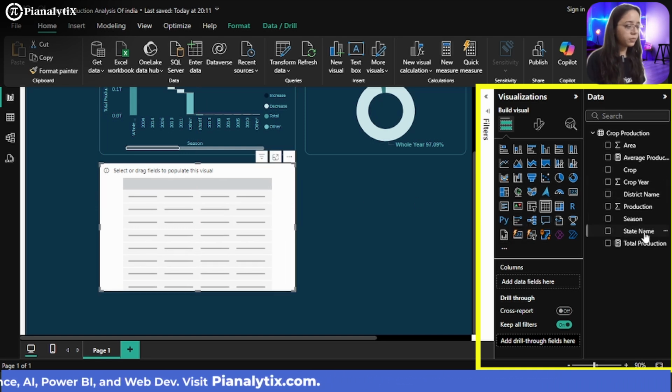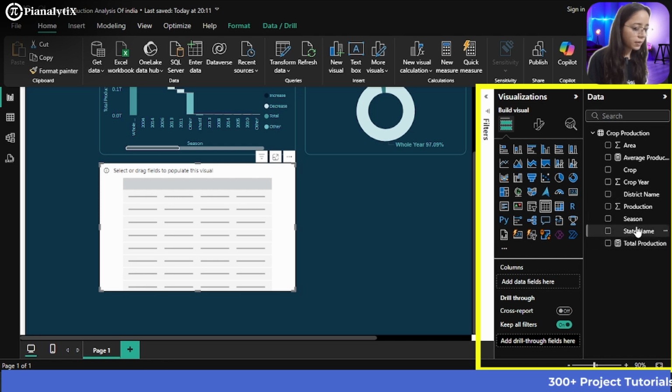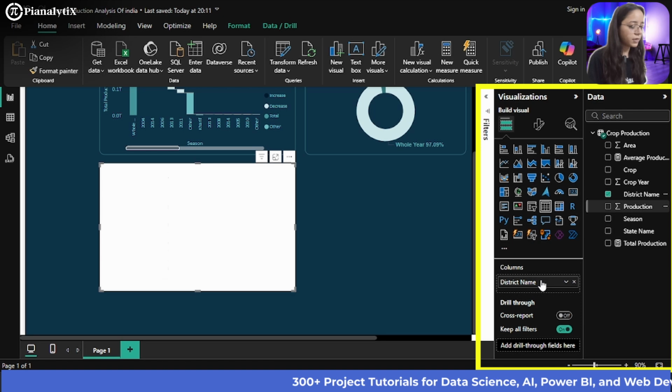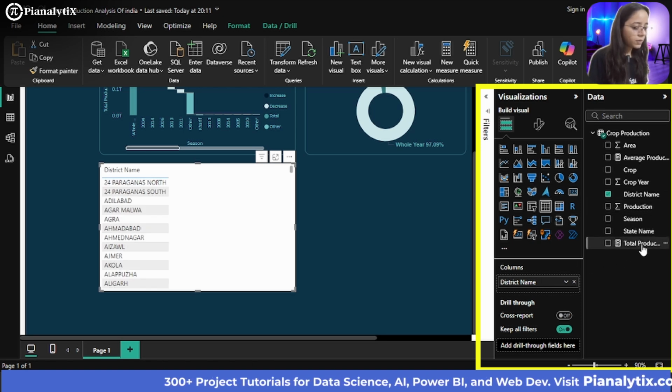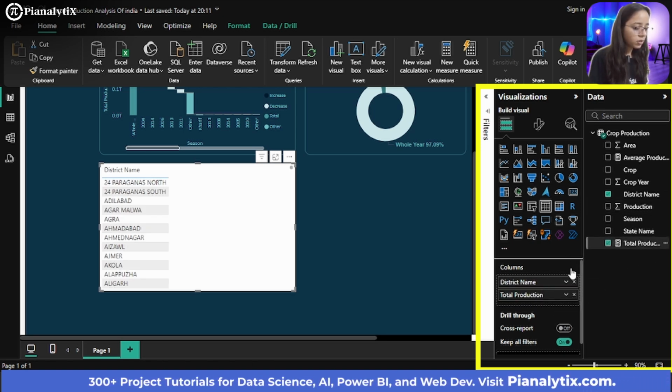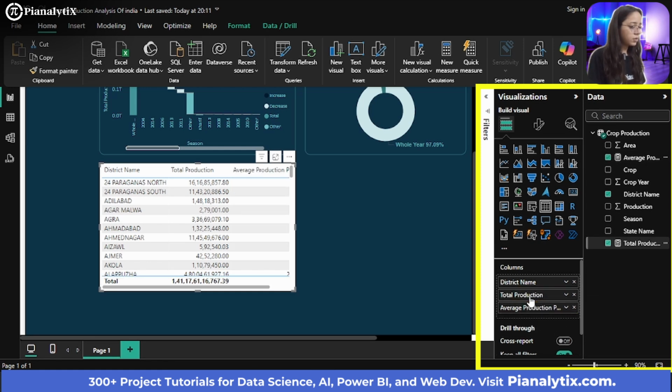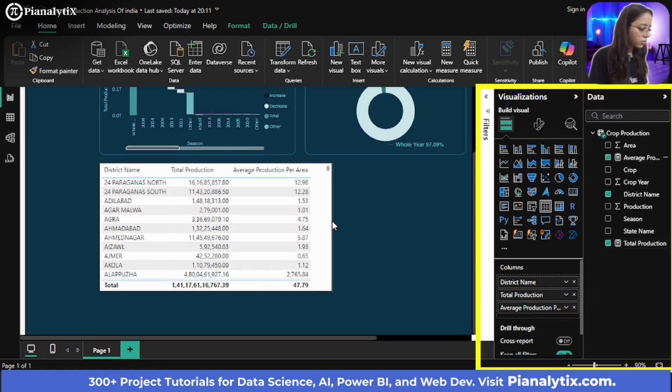Now what am I going to do is first I want to show the district names. So I will choose district name here in this first column. Then I will choose the total production and I will show the average production per area also. Let me just show you.